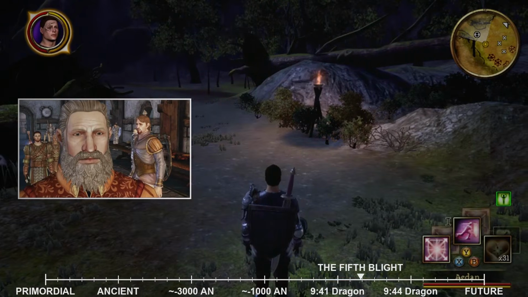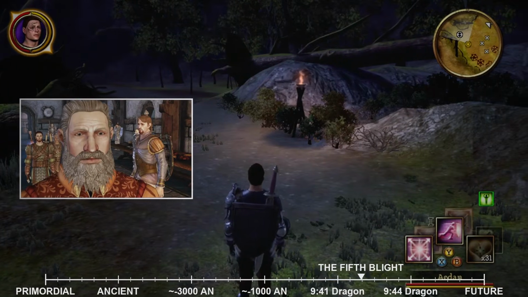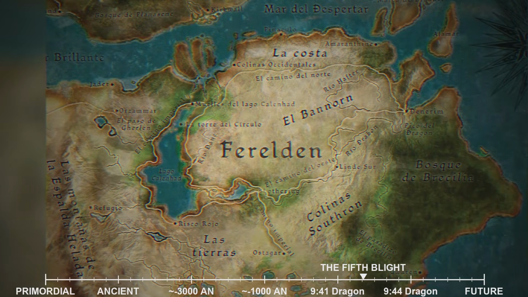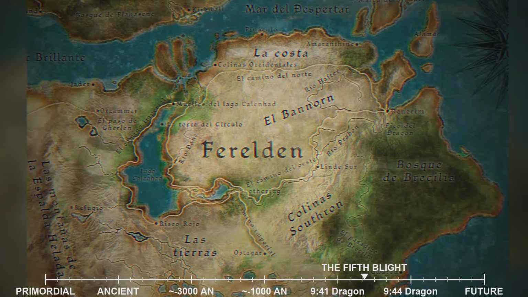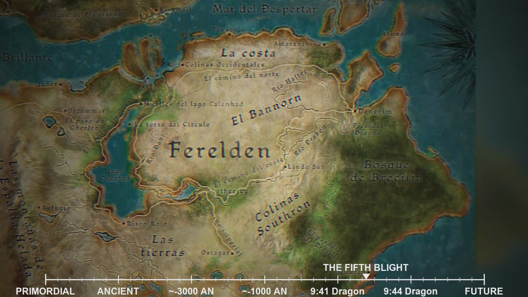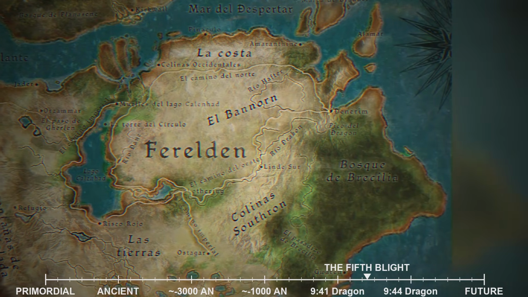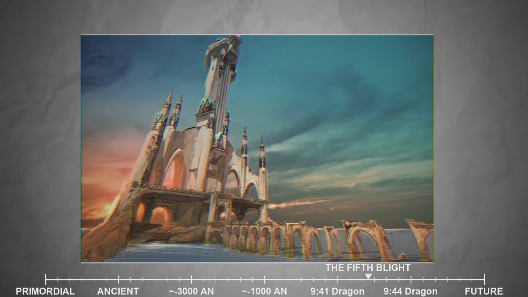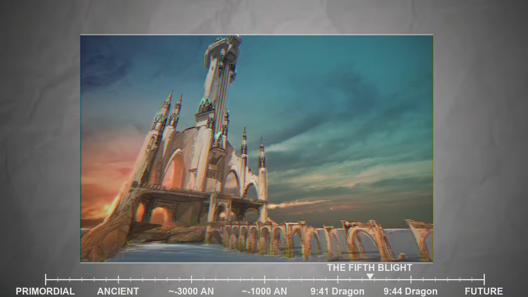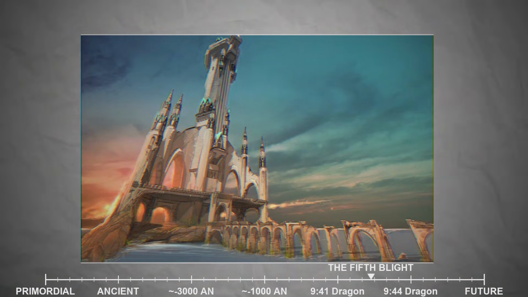His condition was dire, rendering him incapable of aiding your cause. This unexpected setback added another layer of complexity to your already challenging mission. The poisoning of a key ally highlighted the political intrigue and machinations that continued to plague Ferelden, even in the face of a world-ending threat. The only hope for Arl Eamon's recovery, and consequently for gaining his support, lay with the Circle of Magi, a powerful organization of mages residing in the majestic Circle Tower.